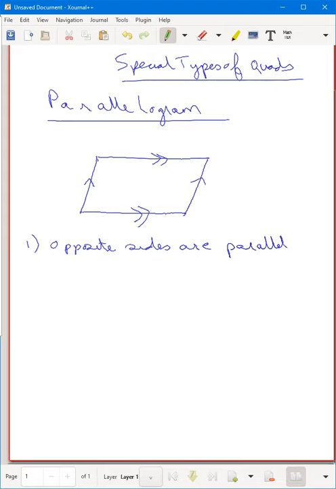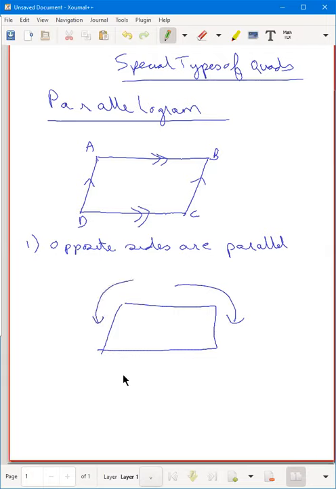So let me, you can name this. Let's say this is A, B, C, D. One very common mistake you all do in naming the parallelograms or any other figure is, always go in a cyclic manner. Either you go in a clockwise direction or in an anti-clockwise direction. So if I start A here and I go in a clockwise direction, I'm going to name this as B. I'm going to name this as C and then this as D. Okay. I cannot do this. I cannot name this A, B, and let's say C and D. This will become wrong.